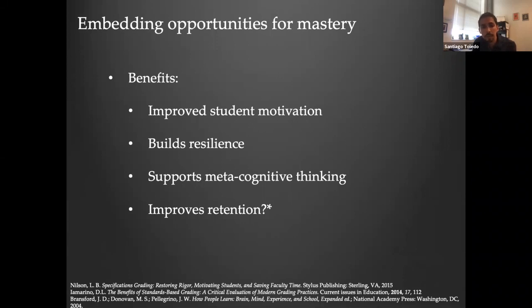And I have completely anecdotal data that giving students an opportunity to get better or improve their grade can have an impact in retaining students more. If students feel like they can ultimately be successful in the class, they might actually stick around to see the end of the movie, kind of thing, right? A lot of our students, at least in my environment, depart our classes prematurely, thinking that they're not scientists. "I'm not good for this. I'm in a hole. How am I going to get out of this? So I'm out." But I think if we give them an opportunity to get better, perhaps we can make an impact on retention.